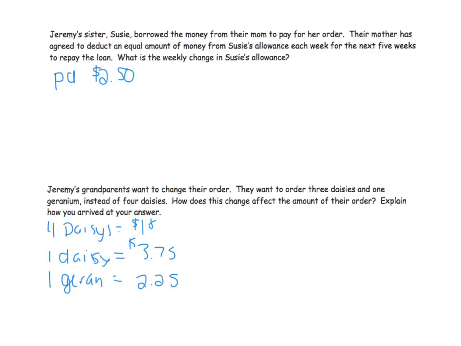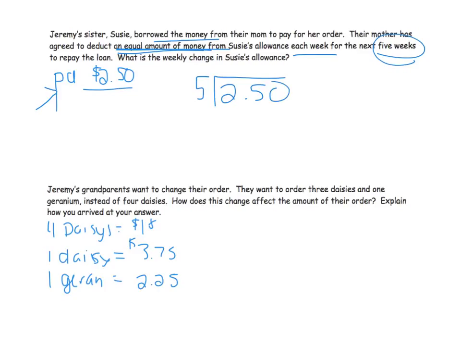All right. So Jeremy's sister Susie borrowed the money for their mom. Their mother has agreed, so she borrowed the money. Equal amounts is important. She agreed to deduct equal amounts from each week for the next 5 weeks. So what I looked at is how much Susie paid. So again, please check this on the chart to make sure I got that right. And this is going to be divided into 5 equal amounts. So we have to take the 5 and divide it, this is the division part,